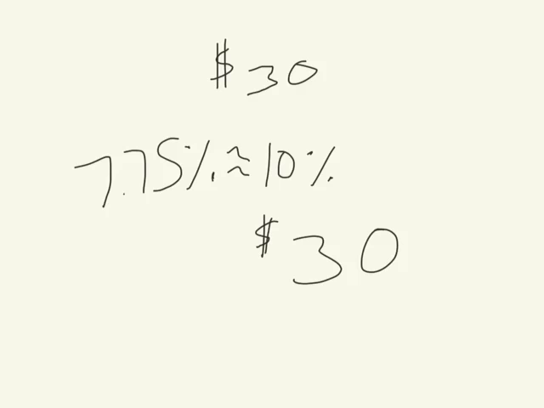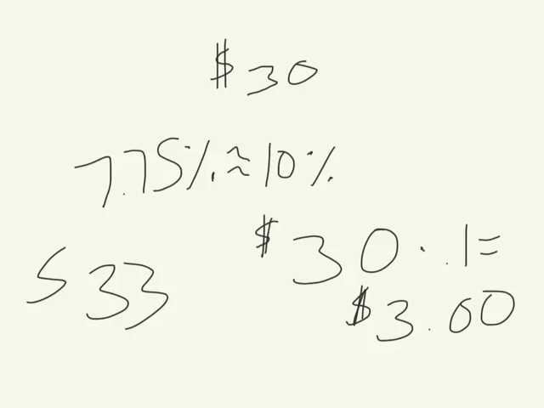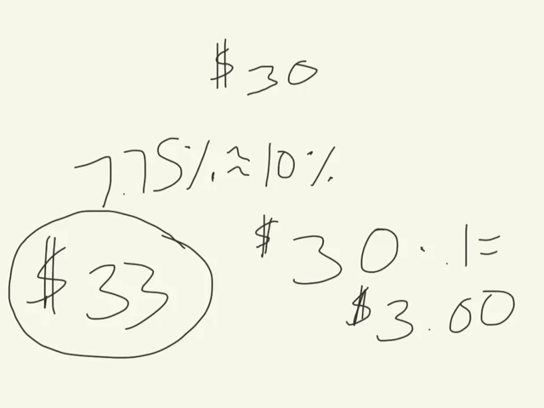So if we take 30 and multiply it by 0.1, that's going to equal $3, which is roughly the tax we're going to have to pay. So if we add that to our price, then we're looking at a grand total of about $33, which unfortunately won't be enough for KC